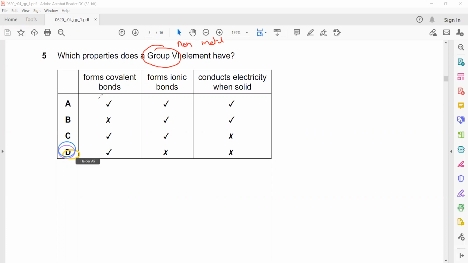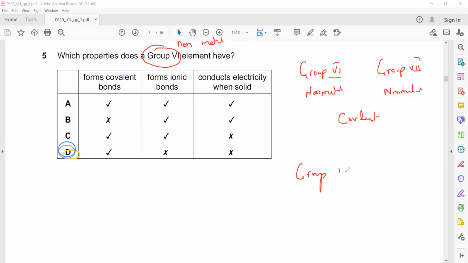For example, if group 6, which is a non-metal, reacts with group 7, when two non-metals are there, what kind of bonding will they have? They will have covalent. But if group 6 reacts with group 1, group 6 is non-metal